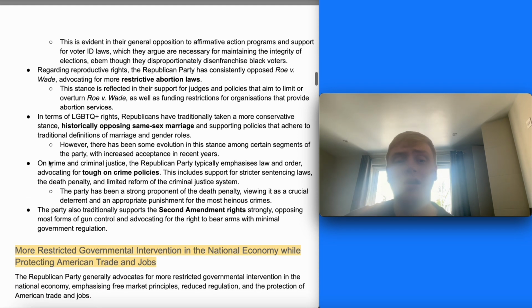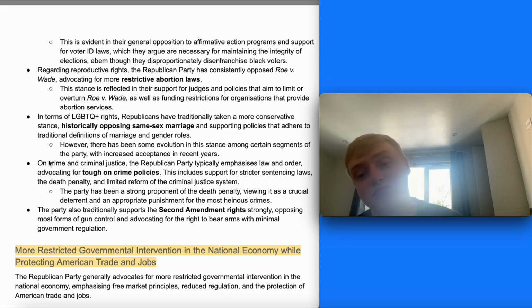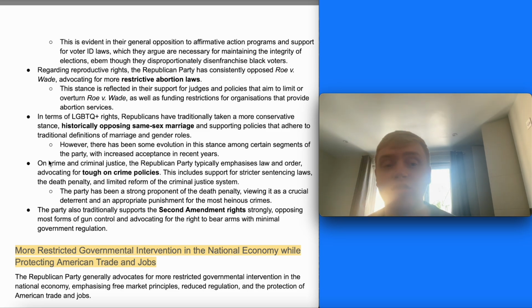On abortion, the Republican Party has consistently opposed Roe v. Wade, advocating for more restrictive abortion laws, and the Republican president under Trump nominated conservative justices, which resulted in the overturning of Roe v. Wade in 2022. In terms of its stance on LGBTQ+ rights, Republicans have traditionally taken a more conservative stance, historically